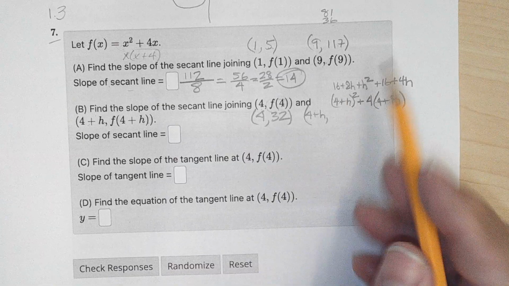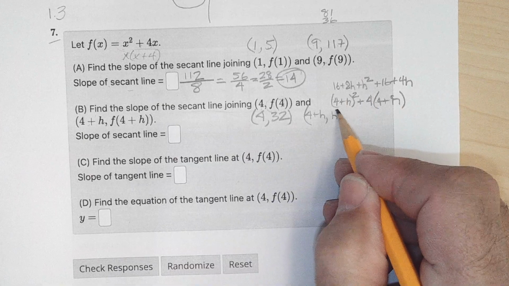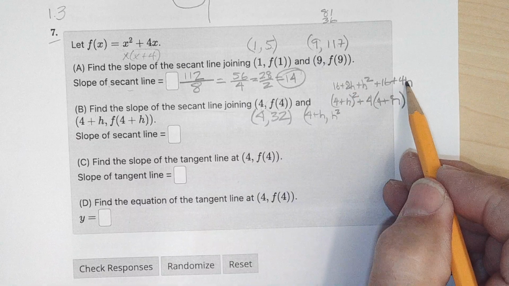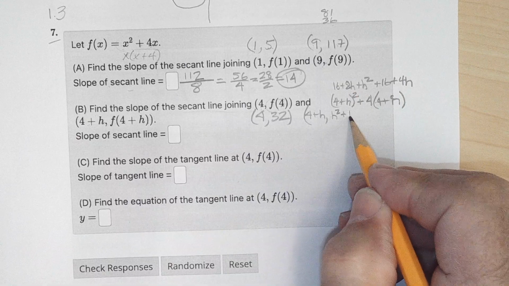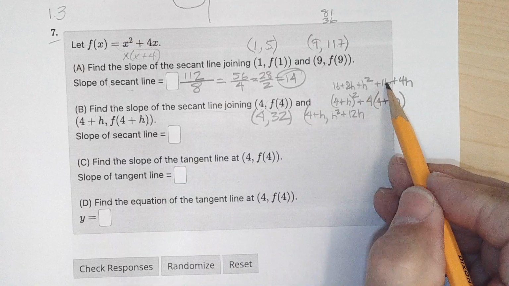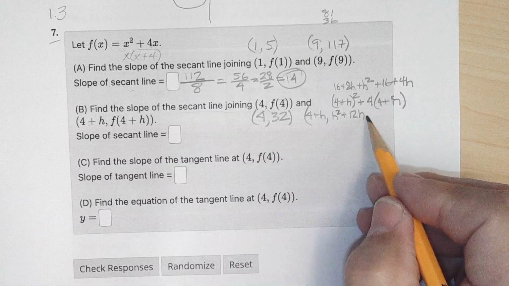So we get h squared, 8h and 4h is plus 12h plus 16, and 16 is